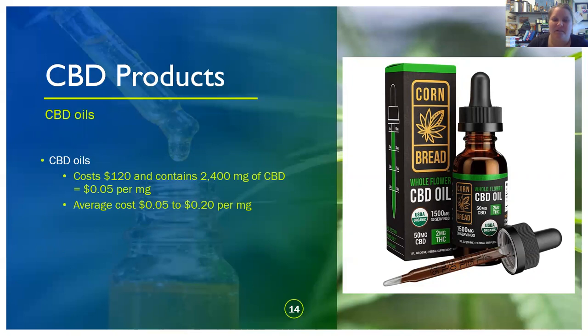I typically see the liquid a little bit more out there. And there are different types of liquid. So this first one I'm calling CBD oils. And I actually have some here that I made in this jar. What that means is that the CBD was extracted from a plant using an oil. My example here was olive oil, so you can see why it has that lighter color to it. Olive oil is lighter. Unfortunately, I did use a robust olive oil, and so it really smells interesting. But anyways,